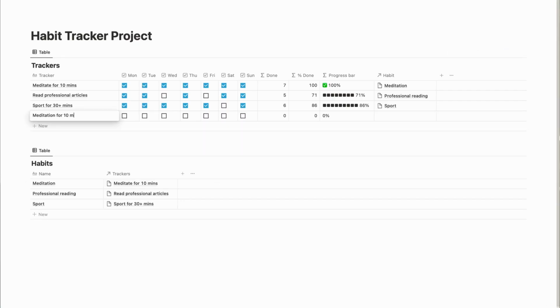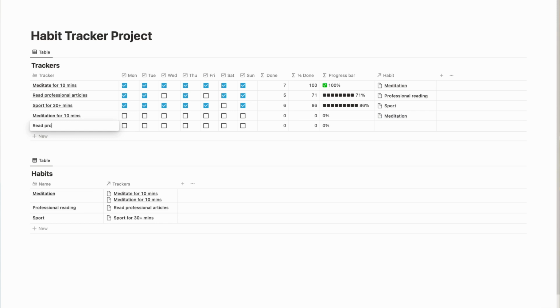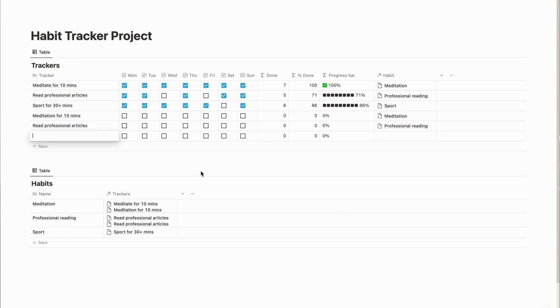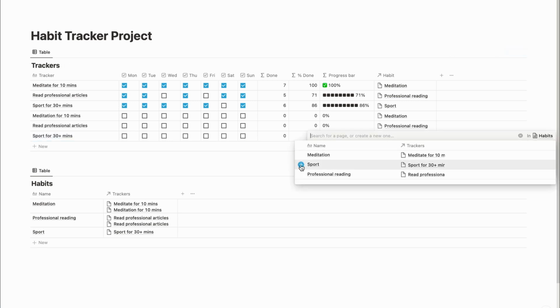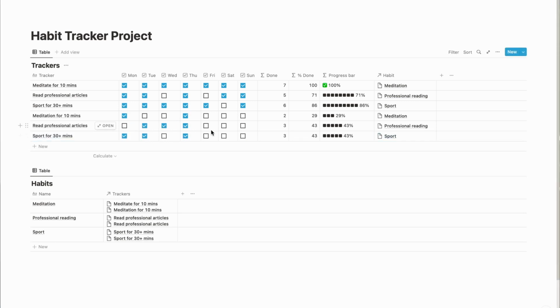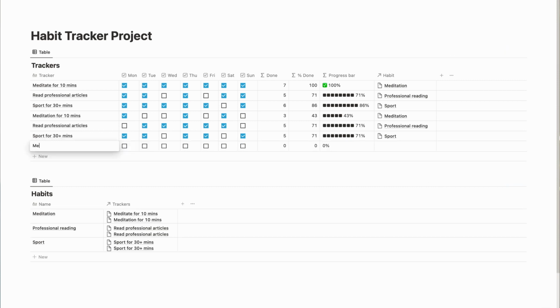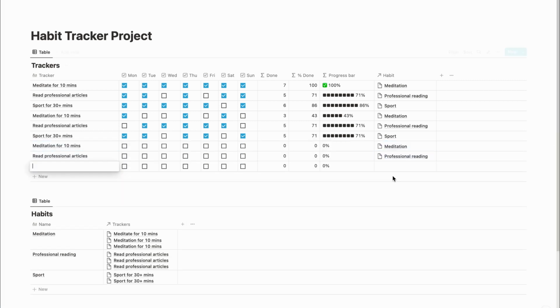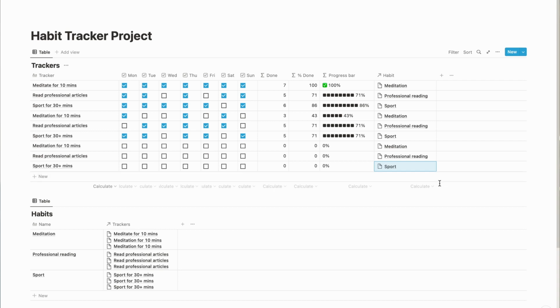Well, while a habit is more about the routine itself, trackers are about your progress for this habit within particular time frames, weeks in our case. And it is supposed that after a week is finished, you add a new tracker record for this same habit to continue tracking the progress. Eventually, one habit will have more and more trackers connected to it over time. In the next lesson, we will start building the statistics for our habits based on the connected trackers data, and you will see the benefits of these connections.